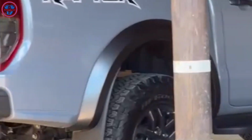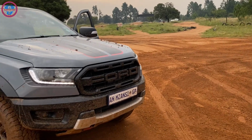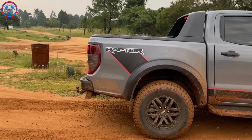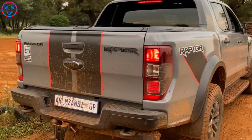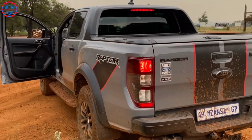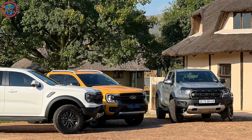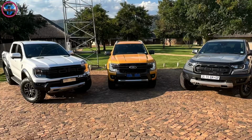They were around 900, a million at some dealerships. But I'm sure right now, since the new one has been introduced, these will dump down to around 800 to 700. So you can go get yourself one and have fun while you wait for the newer generation prices to go down. So you can go get yourself that V6. Oof, that V6 really does sound glorious, and it's a sound that's out of this world. The new generation Ranger is just also a beast which people are not expecting to have anytime soon. So I'm looking forward to getting that on test. Hopefully I will get it soon, fingers crossed. But as for now,